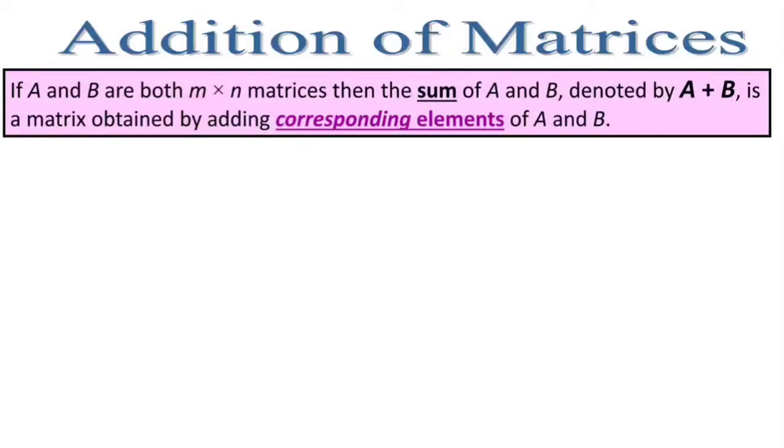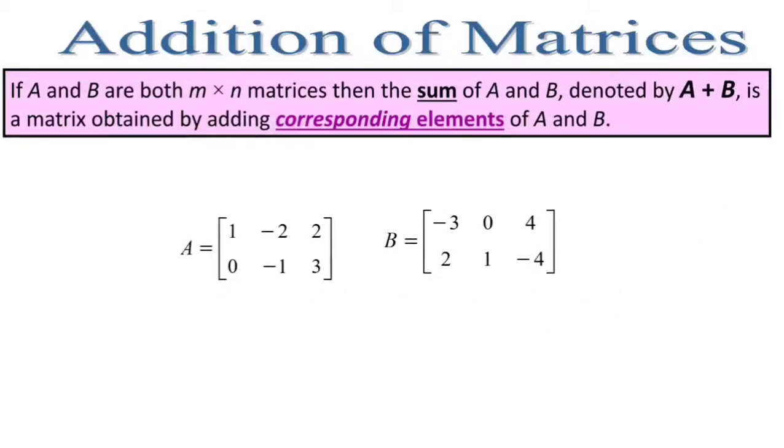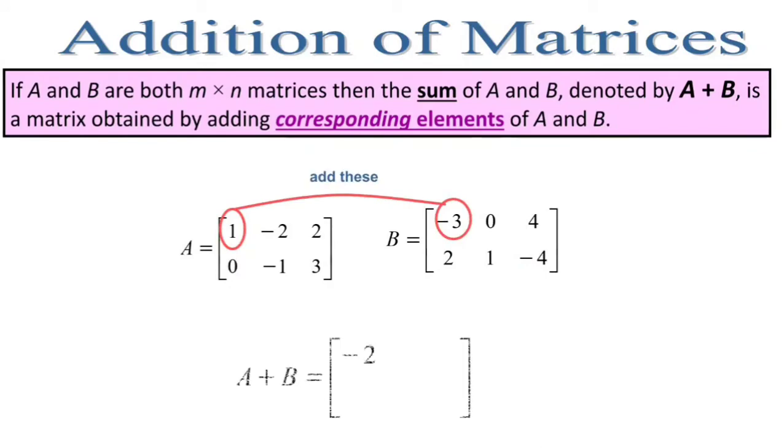For example, suppose A is 2 by 3, B is also 2 by 3. The matrix A is 1, minus 2, 2, 0, minus 1, 3. B is minus 3, 0, 4, 2, 1, minus 4. And A plus B is nothing but